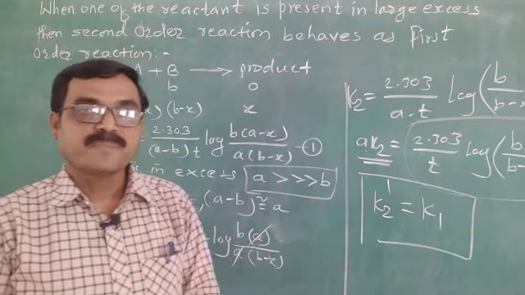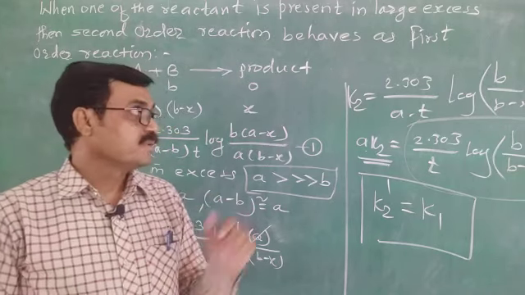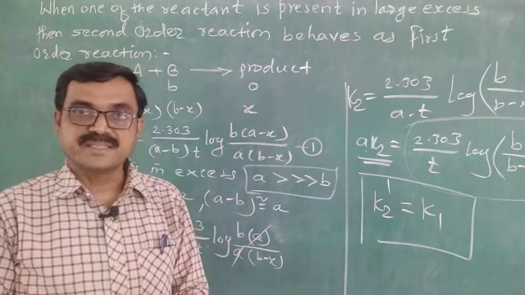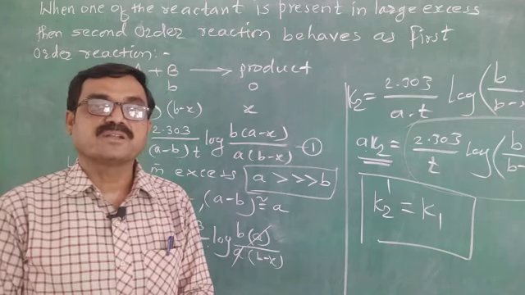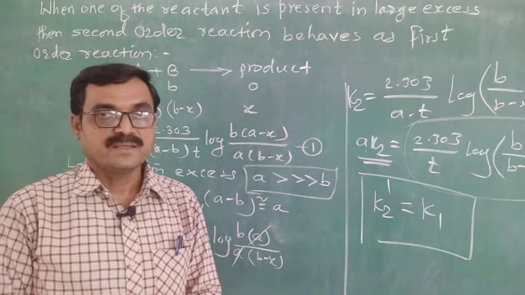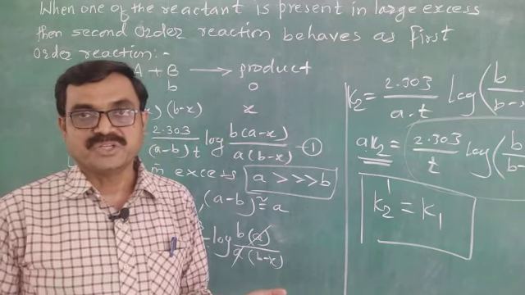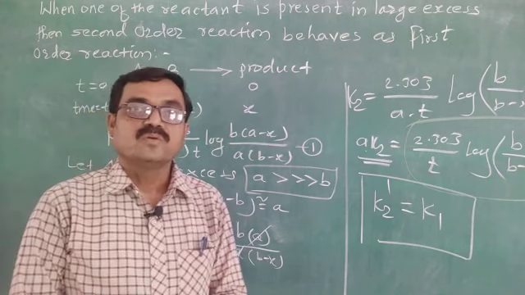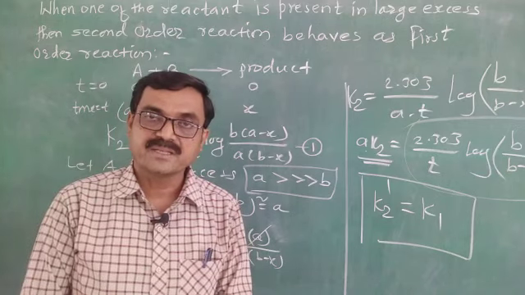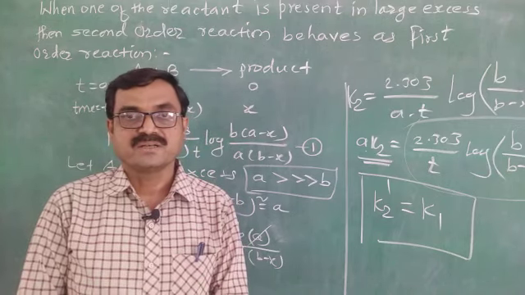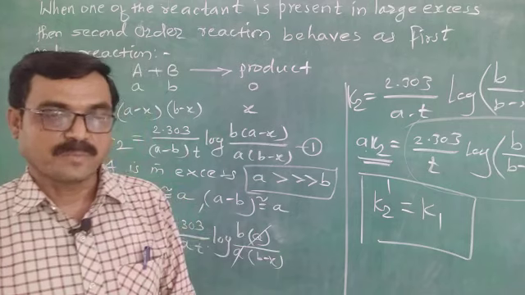Okay, now today we studied two very important characteristics. Before this, the characteristic was that when the initial concentration of the reactant is changed in a second order reaction, then due to this change in the initial concentration, the rate constant will change. Now the last characteristic, this one: when one of the reactants is in excess in a second order reaction, then it behaves as a first order reaction. Okay, here the topic of second order reaction is now completed.